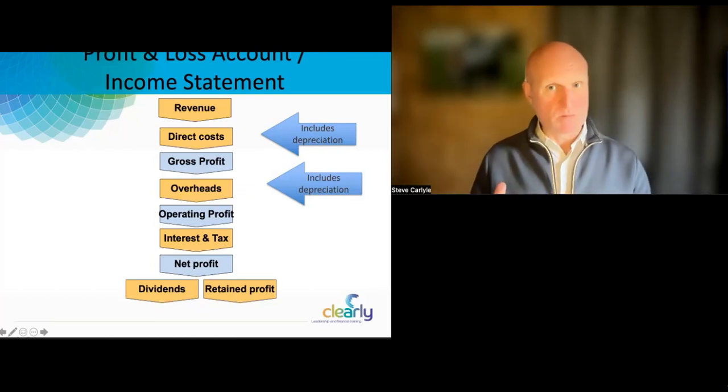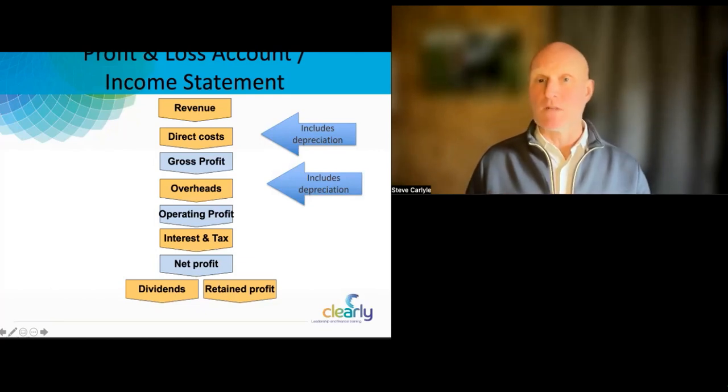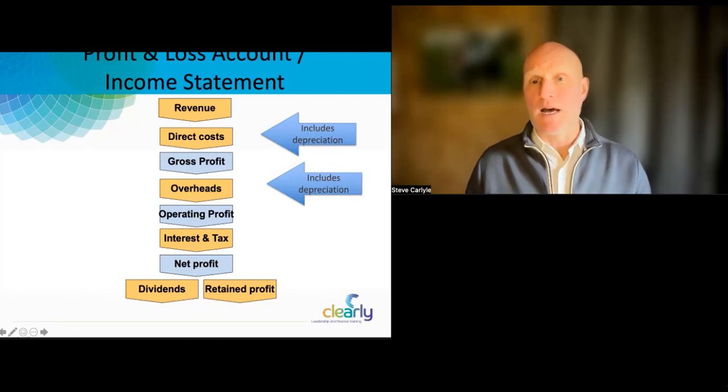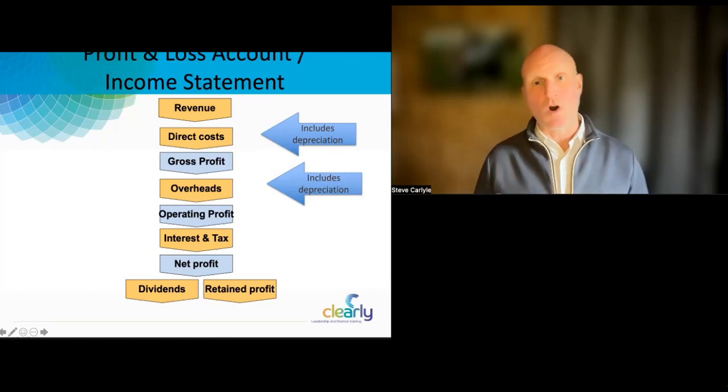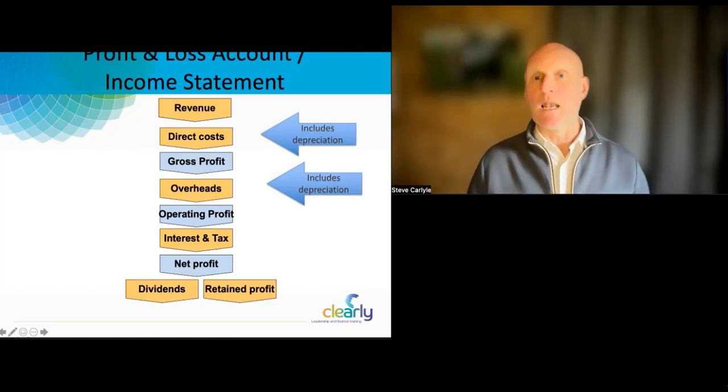Now, sometimes if you're dealing with profit and loss accounts at work, you might only see a portion of that profit and loss account. So if you're working in a department that has its own sales, it might be a section of the business, a business unit, a complete business unit with its own sales and costs. Often you'll get sets of internal profit and loss accounts that look very similar to that, but you won't see interest and tax deducted. In other words, you'll only go down to the operating profit or EBIT line,